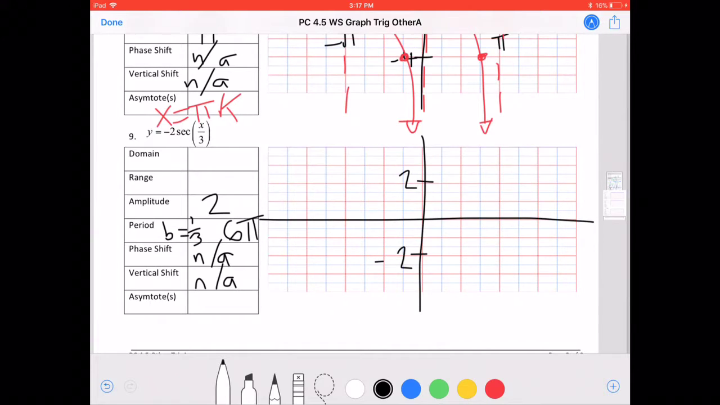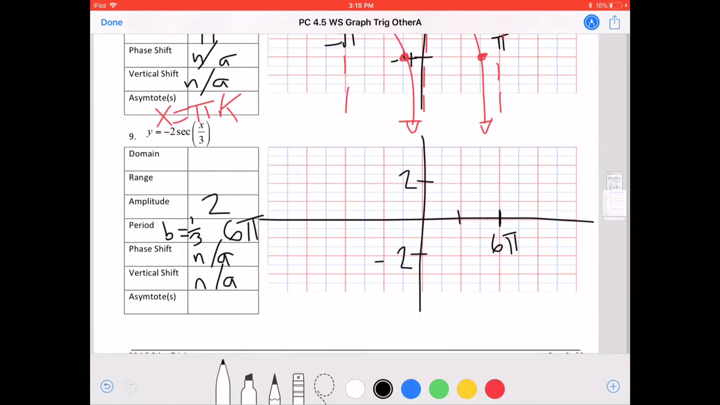For all of our functions, we always break our period into quarters. This one's going to be a bit tricky. Since we have 6 pi, if we divide that by 4, we're going to get a fraction. No way around that. So the way we can avoid dealing with that is just not to label the quarter marks. So if we put our 6 pi here,